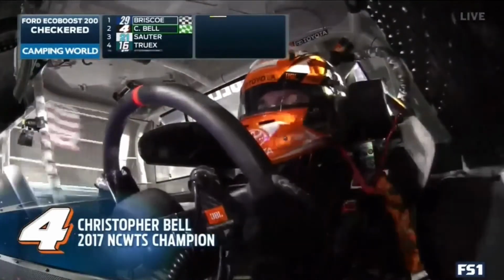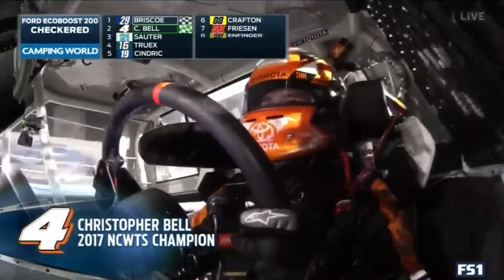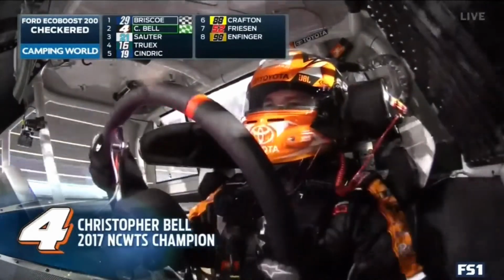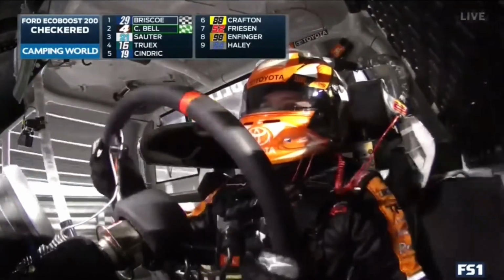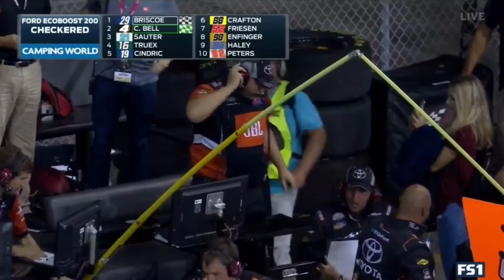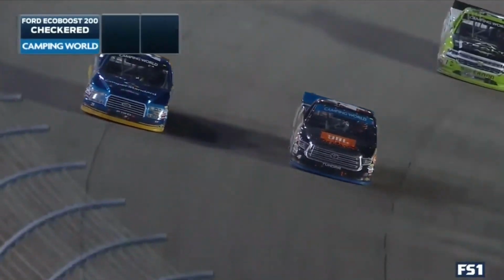Christopher Bell, your NASCAR Camping World Truck Series champion, and he does it with a second place finish. And his buddy Chase Briscoe wins the race, the first of his career, and there they are, the two